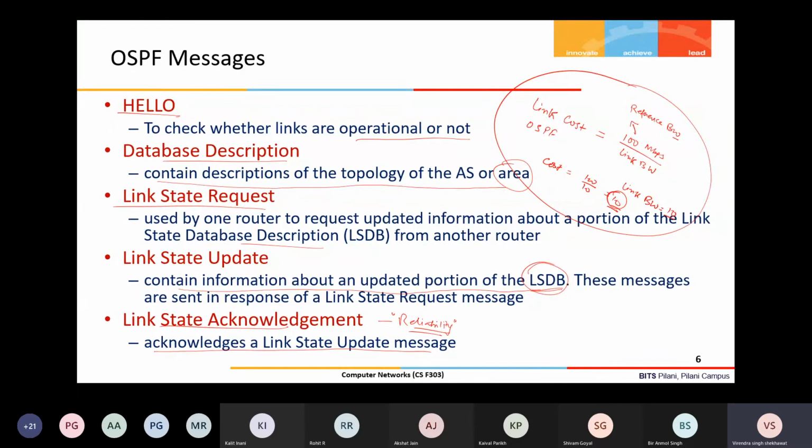So basically, the more the bandwidth, the less the cost with respect to the given reference bandwidth, right? We want that because we want to use the link which has more bandwidth. And remember that this link bandwidth is constant, it's not the residual bandwidth.